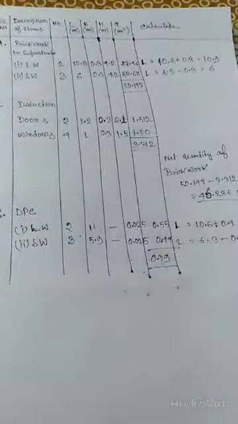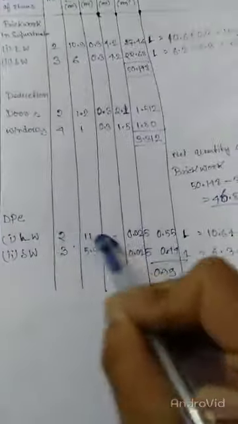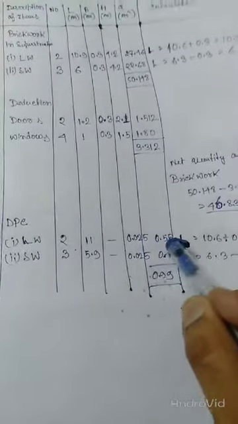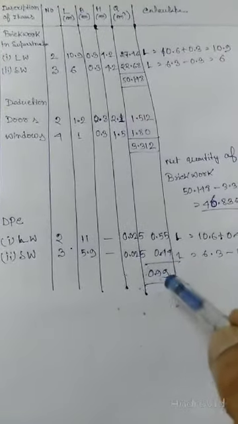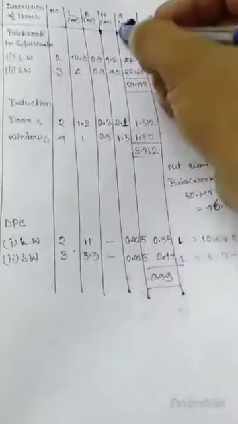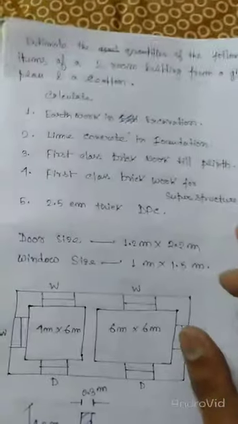Okay. After converting, you have to determine the quantity. After multiplying, the quantity becomes 0.55 for the long wall and 0.44 for the short wall. So after adding, the total quantity will become 0.99. Here the total unit is meter cube, but for this particular damp-proof course, the unit is meter square. Okay. So this is the whole calculation for the long wall short wall method.